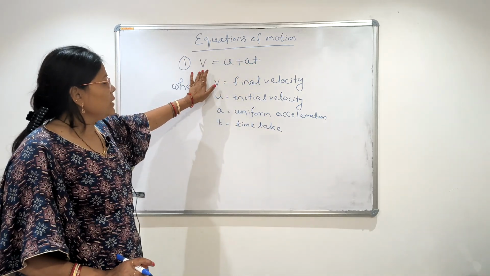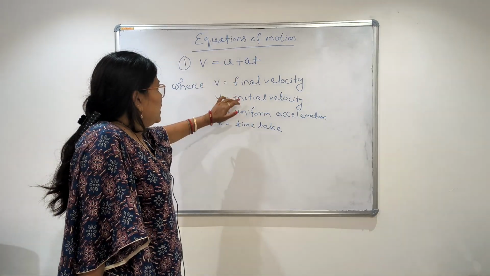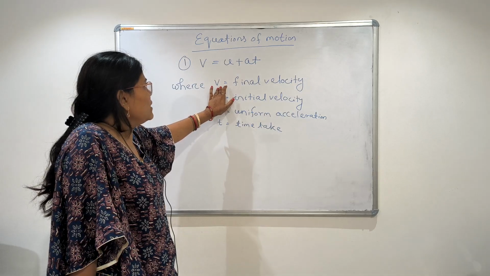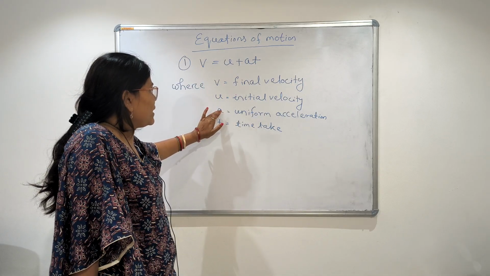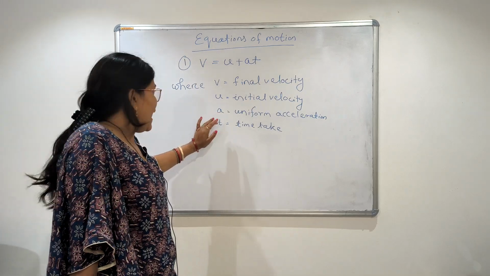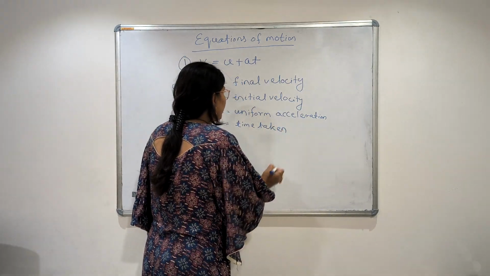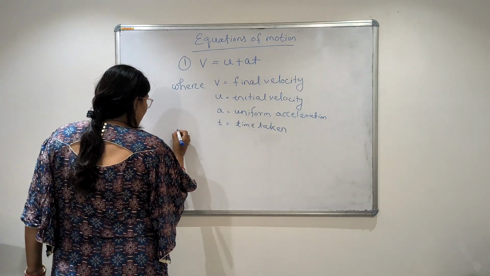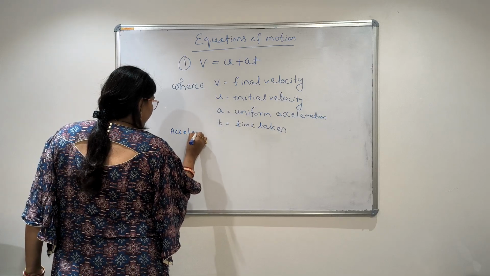In this equation, when an object is moving, the initial velocity is how much? U. The final velocity is how much? V. And the acceleration is uniform acceleration, and that is represented as A, and the time taken is T. So how to prove it? So first of all, we know acceleration